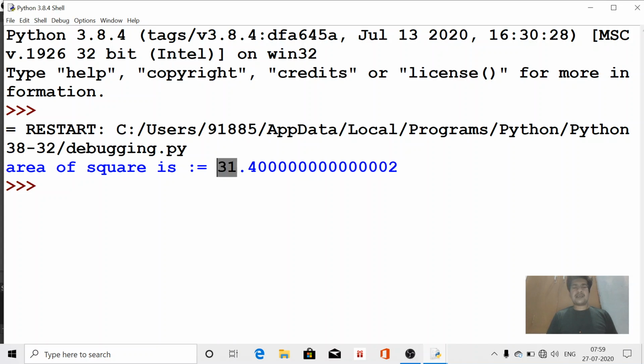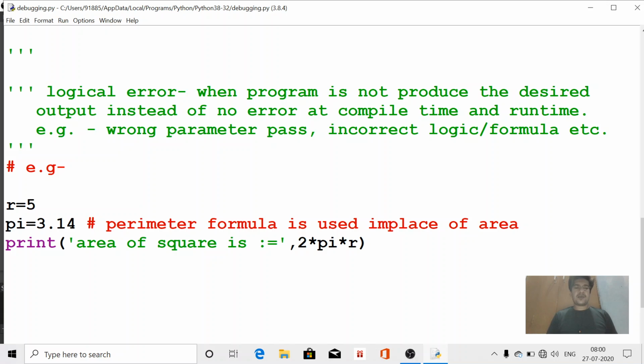The result will be wrong because this is not the area, this is the circumference or perimeter of the circle. So the program is syntactically correct. There is no error at runtime or compile time, but the output result is incorrect. This is called a logical error, because the perimeter formula is used in place of the area.